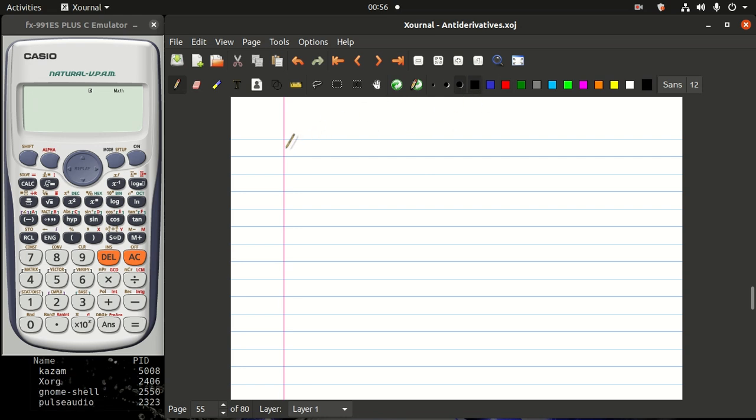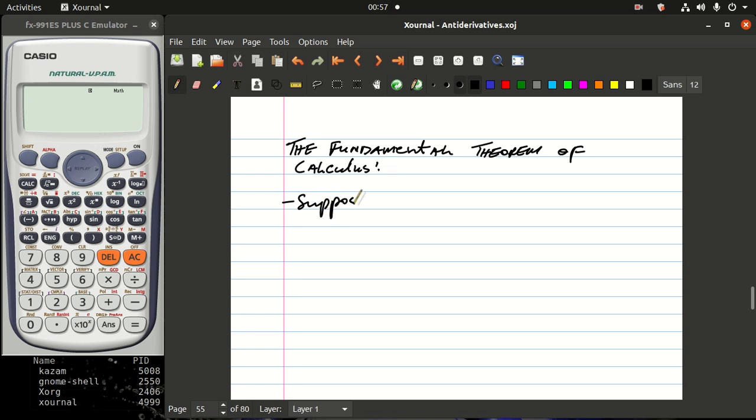So let me write this, the fundamental theorem of calculus. So what it says is this: suppose